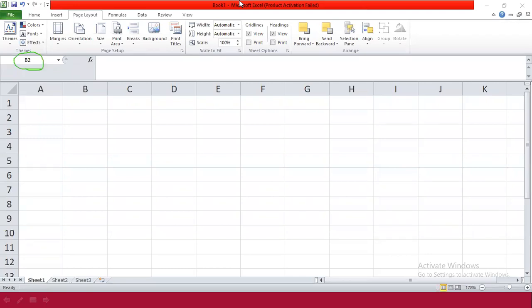So as I said, the shortcut keys we are going to learn. Shortcut keys means the keys which will help you to do long work in a short time. So shortcut keys we are going to learn about the cell range. If you want to select a range of cells, for example, if you want to select the whole column, so